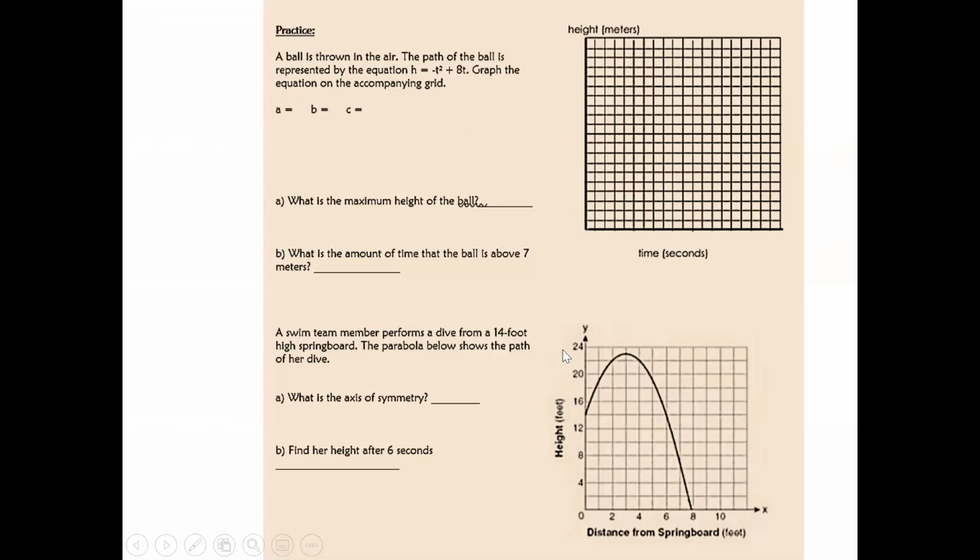Okay, so a swim team member dives from a 14 feet path of a springboard. The parabola below shows the path. What is the axis of symmetry? Remember the word symmetry means that it is like